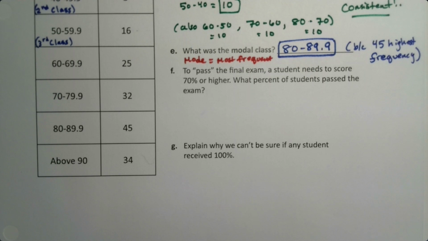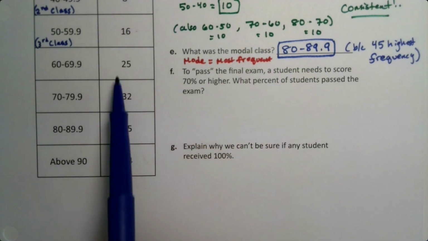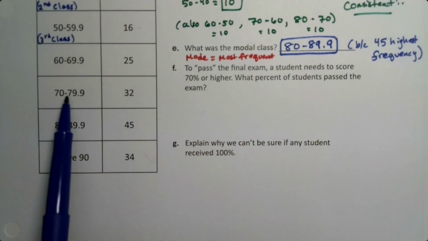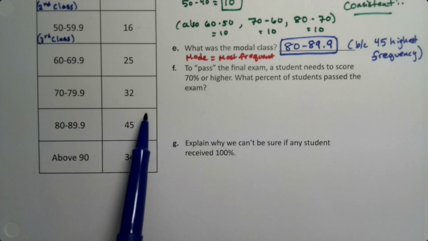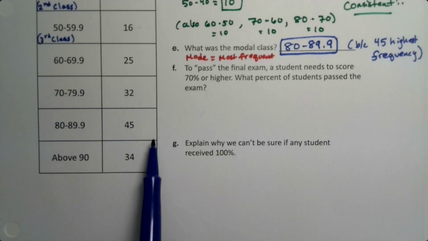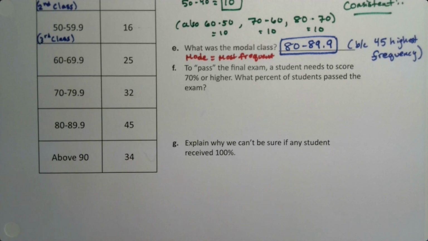All right, now let's get into a little bit of chapter 5 actually. So we want to pass this final exam. A student needed to score 70% or higher. What percent of students passed the exam? Oh, percentage question. Okay. Well, I know how many passed the exam because this is 70 to 79.9, 80 to 89.9, and above 90. So all three of these groups passed. So let me make a little note there. These three groups,